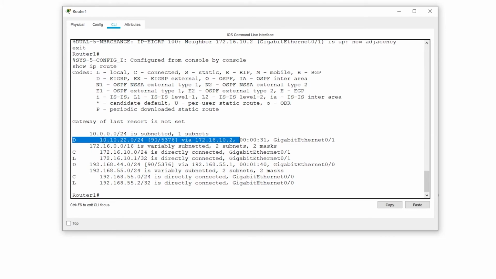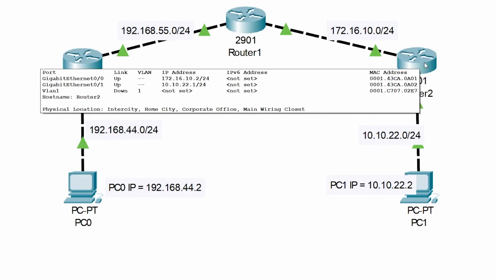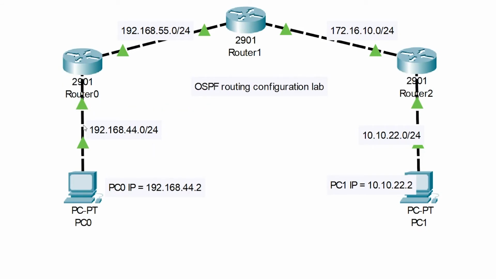So it says how to get to this network is to go through this port. And then the other one is 192.168.44.0. To get to that network, you're going to go through that port. So to get to this network, you're going to have to go through this router. To go to this network, you're going to have to go through this router. And that's what we're doing here.